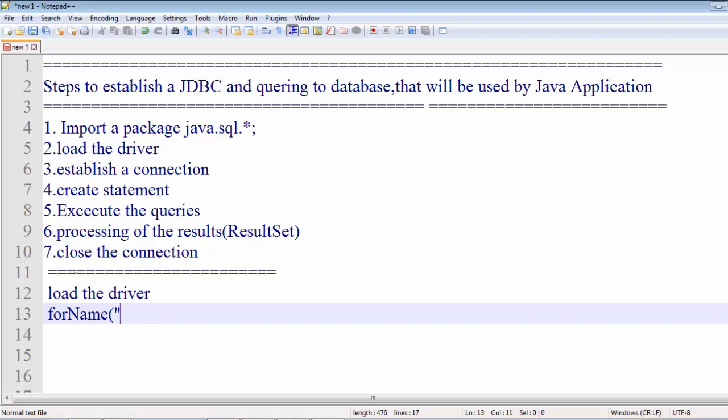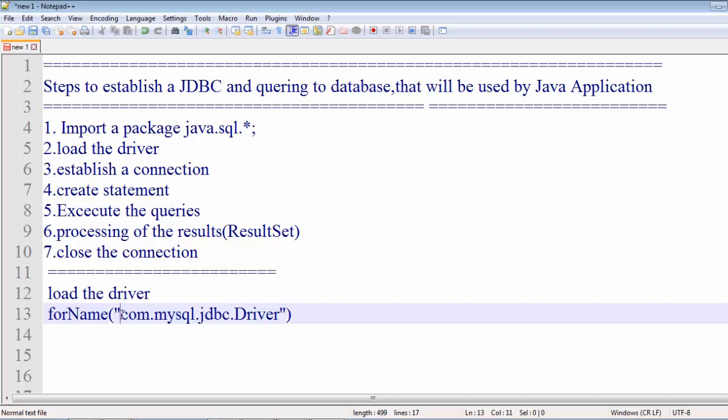If we are using the MySQL database management system, then this forName method must contain the name of the driver, which you have to remember: com.mysql.jdbc.Driver. This will be passed in the form of a string.